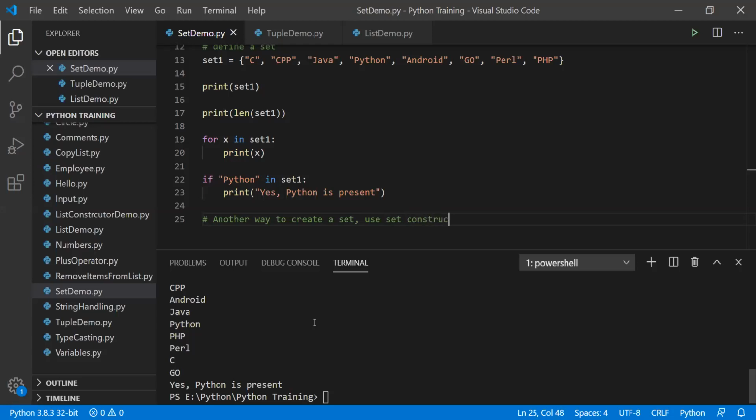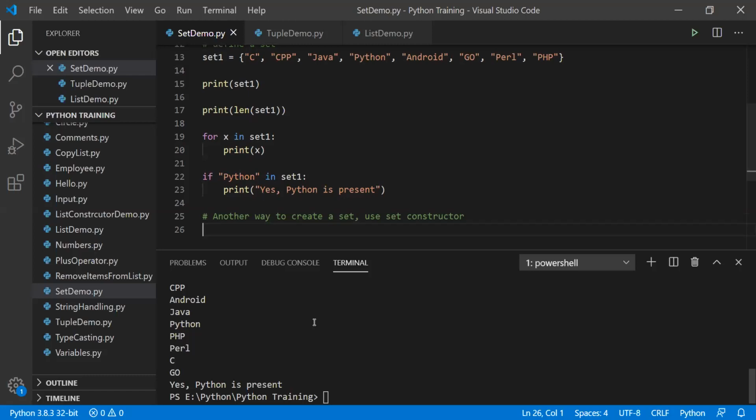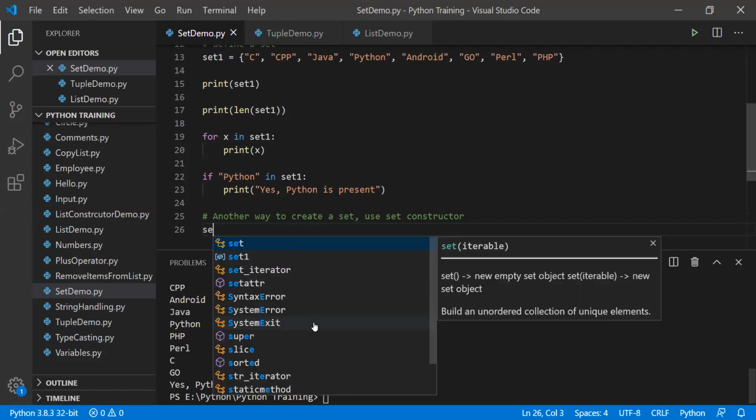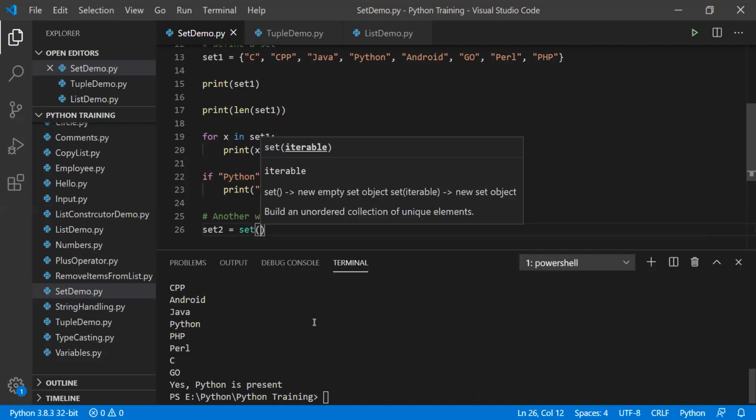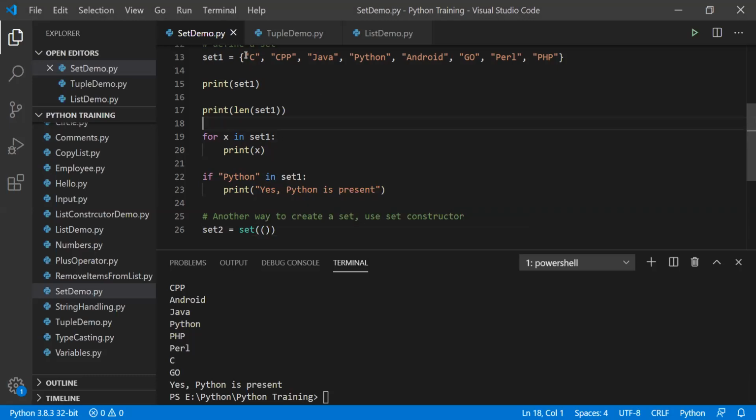So if I say set2 equals set, round brackets, again there will be double round brackets, and I can pass those elements. For example, let me copy up to Android. Let's say few elements only, just to spot the difference.